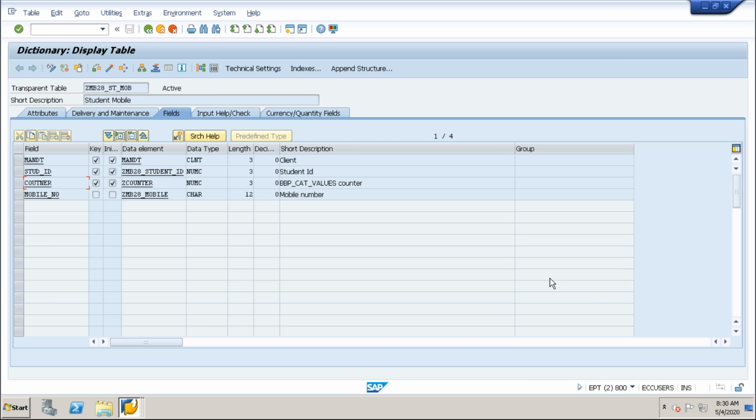Now someone has one question: will the data class apply to pool table and cluster table also, or only to transparent? In all kinds of tables the data class will be there. When you create the table, it is the same as the transparent table only. In the transparent table you have to give the size category and all. Once you create your transparent table, then you have to categorize it by going into the